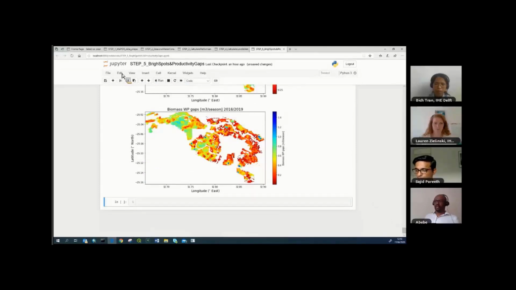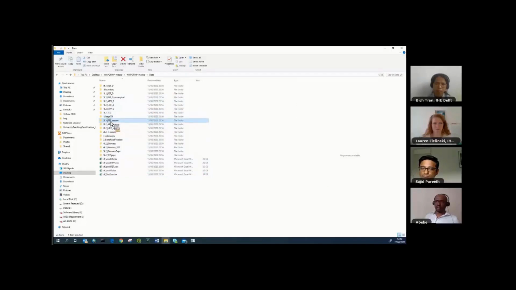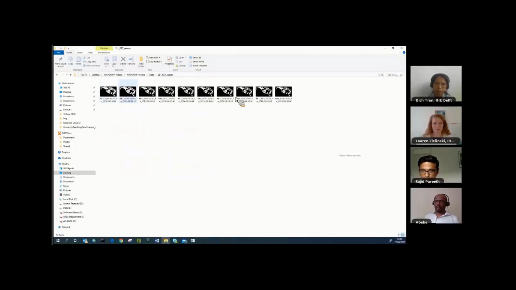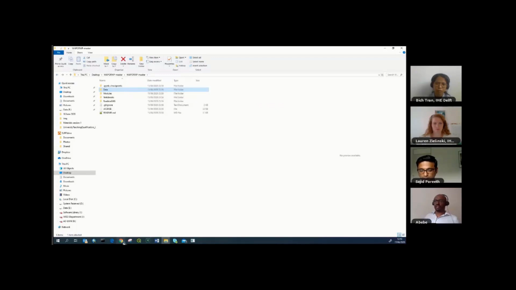So with this one, I'm close to finishing, just showing you now where those results are in the folder. So now you could see I have already those folders, 2, 3. If I open them now, I have 10 seasons where everything is calculated. So feel free to use this free